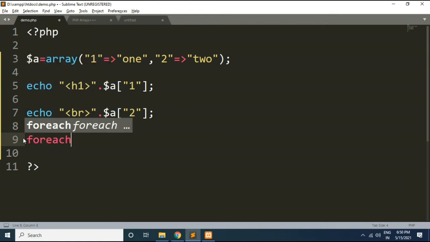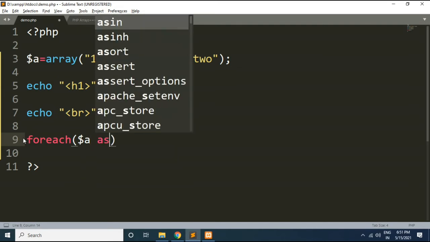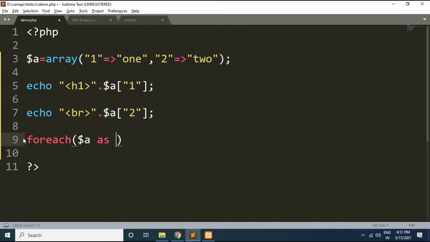I will write foreach, then the array name which I want to traverse, that is $a, as here I need to specify two temporary variables, one for key and one for value, like this. So in the key temporary variable all our keys will be available, and in the value variable the associated values of each key will be available.